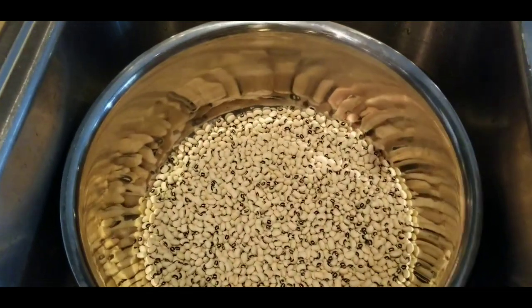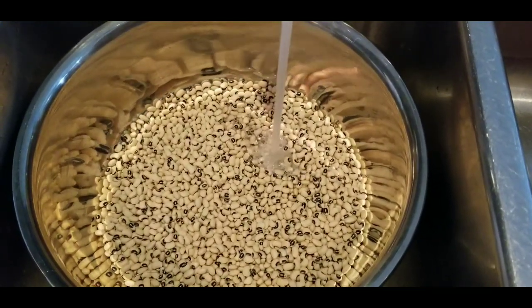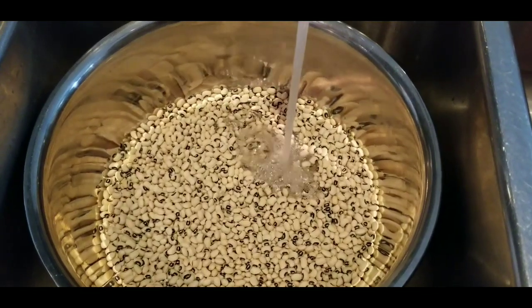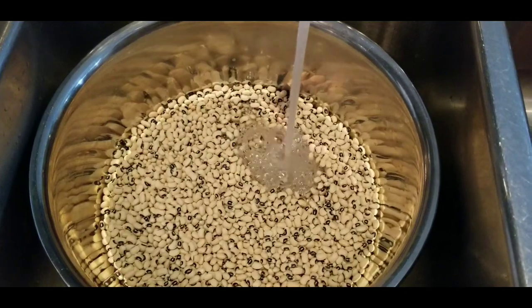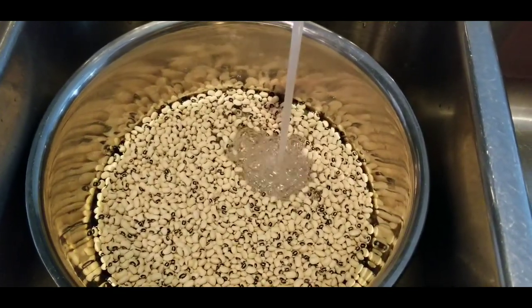So the first thing we're going to do is to soak this in warm water. We're going to soak our beans and leave it to stand until it becomes softened. Then we're going to peel the beans. You can use two methods to peel the beans. You can use a grater to just scrub the beans on top. It's going to peel really fast after it's soaked. Or you can use your